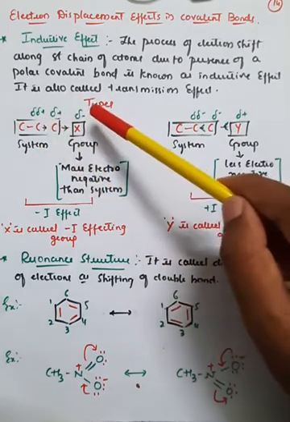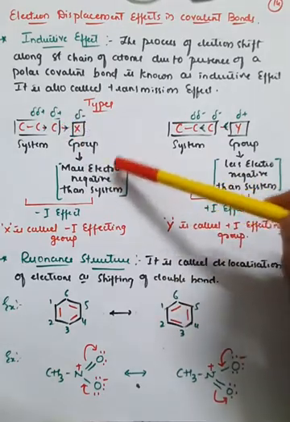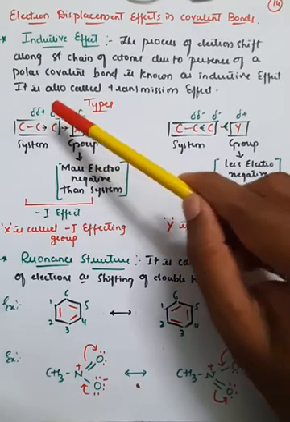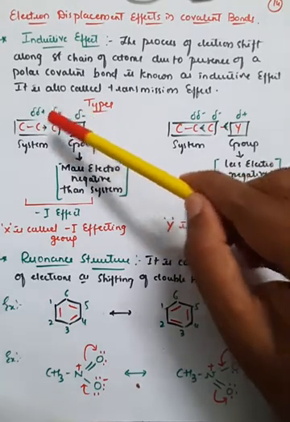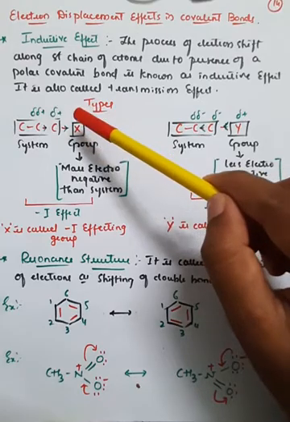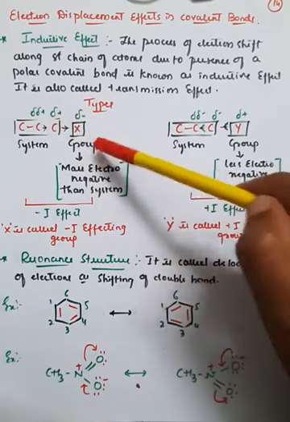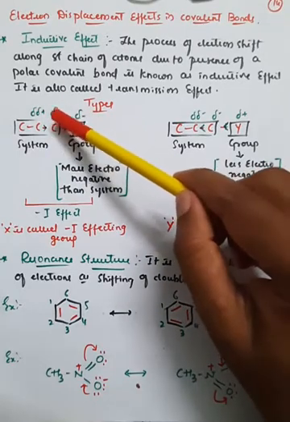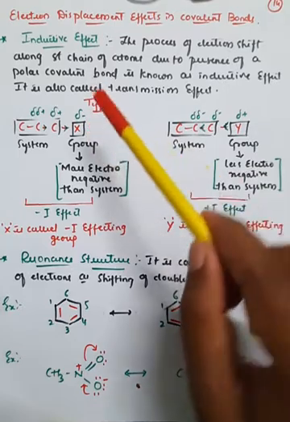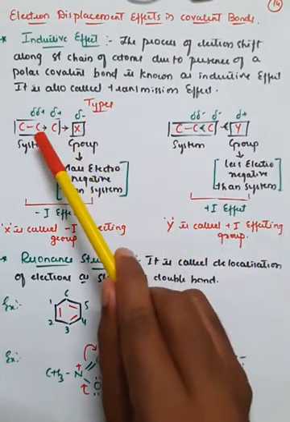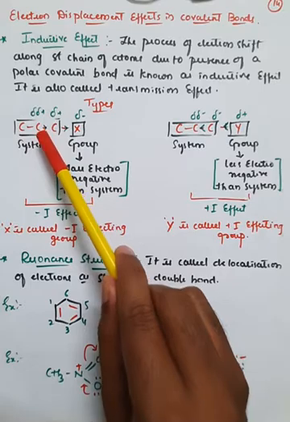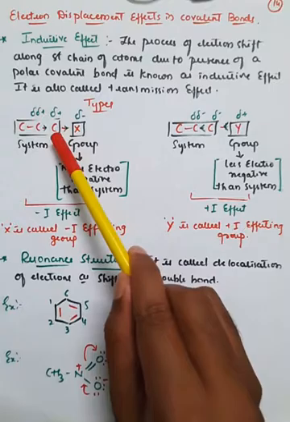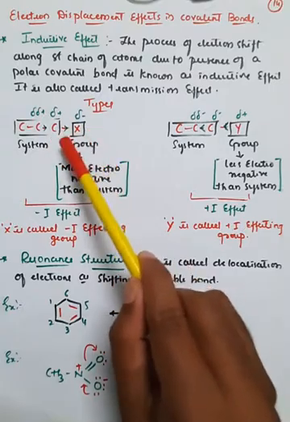The group is more electronegative than the system, when compared between system and group, so this X has the capability to extract the electron from this carbon atom. The X has the capacity to extract the electron from this carbon atom. So therefore there will be a movement of electrons towards the more electronegative atom. I have shown this with the help of an arrow mark. Observe the arrow mark here. The movement of electrons is going from this system towards the group. Therefore, I have given the arrow mark towards the X atom, that is towards the group.